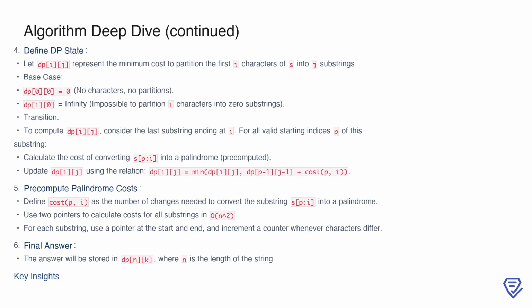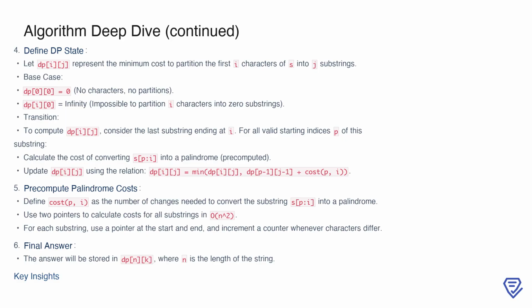The dynamic programming state is defined as dp[i][j], which represents the minimum cost to partition the first i characters of the string into j substrings. For the base cases, if there are no characters and no partitions, the cost is 0, so dp[0][0] equals 0. However, if we try to partition i characters into 0 substrings, that's impossible, so we set dp[i][0] to infinity. For transitions, we compute dp[i][j] by considering all possible starting indices p for the last